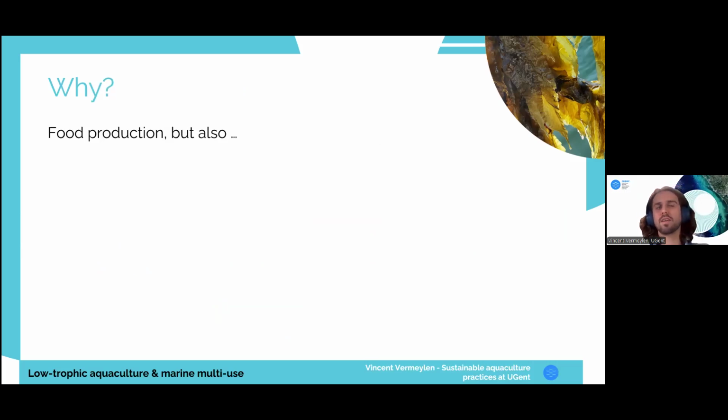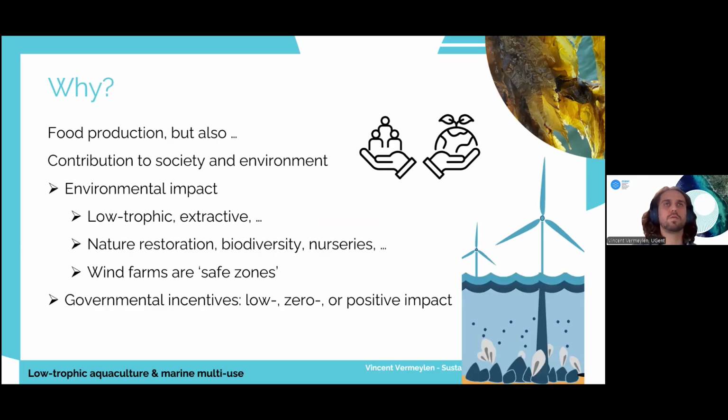Now, why exactly do we do this kind of research? I mean, yes, aquaculture is a valuable research line for food production, but we also contribute a lot to other societal and environmental targets. Low-trophic aquaculture, or the culture of low-trophic organisms, has a very low environmental impact compared to high-trophic